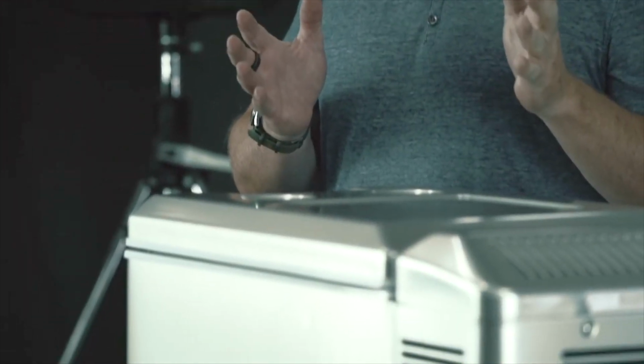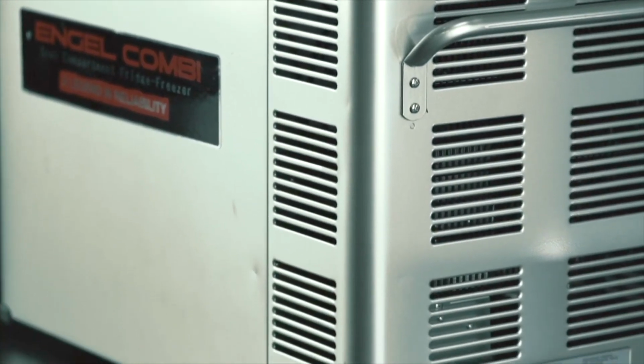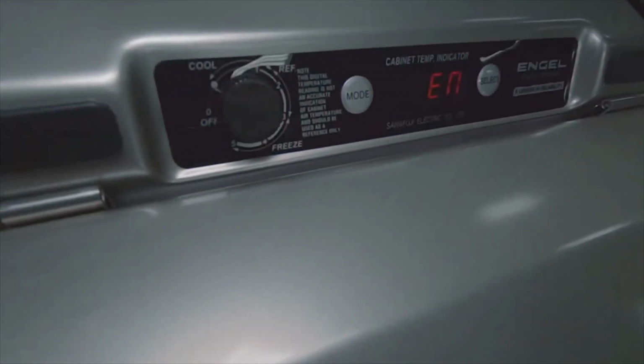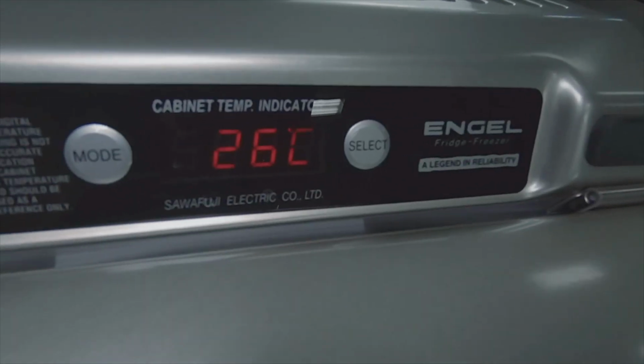It is literally indistinguishable between the two. I'm sure they've done some things to improve it. And on this particular model, it is a dual compartment, so it isn't a dual zone. Like, you can't